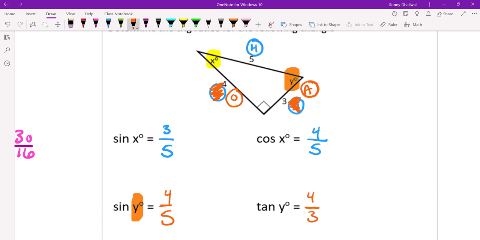So today's assignment is just labeling the sides of the triangle and setting up these fractions. All right? So I made a mistake when making the